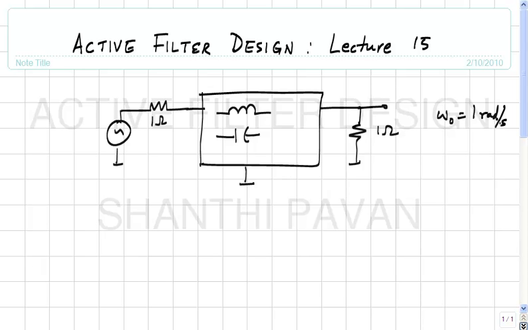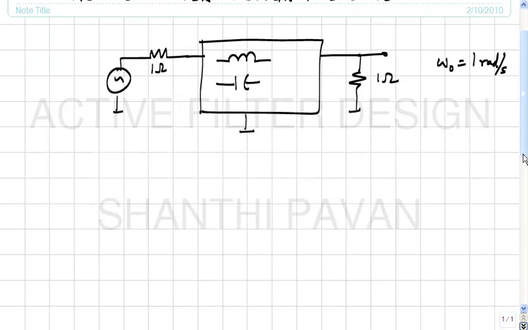The only reason for doing this is preventing errors in moving large numbers and so on. So it's always preferable to work with a normalized radian frequency of 1 radian per second and 1 ohm as the termination impedance. Of course, in practice it is not likely that you will have omega naught of 1 radian per second and 1 ohm. In general, therefore, what you will have is